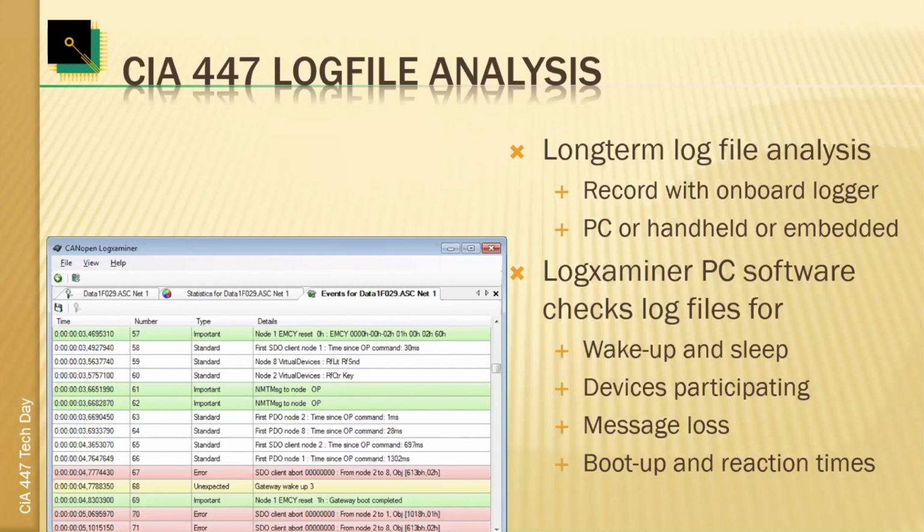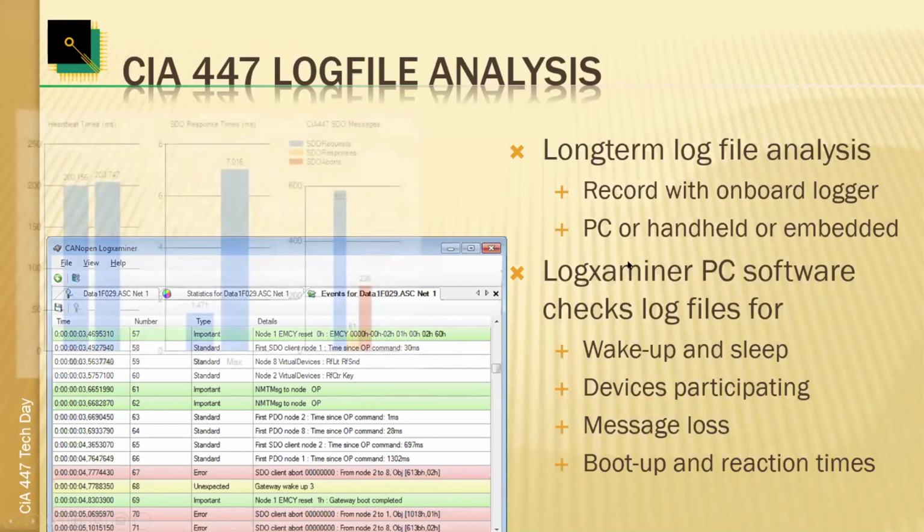So we have done automated log file analysis of log files collecting more than a week of data. And the nice thing is it will then immediately point out in red and highlight lines and find things where you had aborts, where somebody stopped responding, where heartbeats were lost, and things like that. So we can double check if the wake up and sleep works perfectly, see the devices participating, and it will find message losses. So if somebody does not reply to an SDO request, things like that will be measured, displayed,